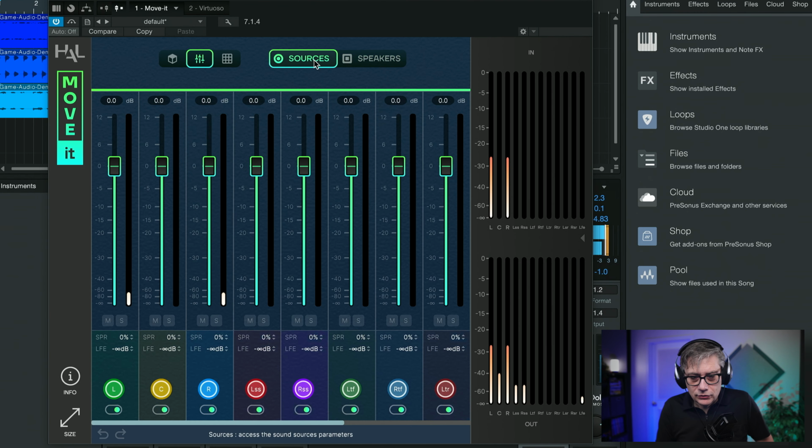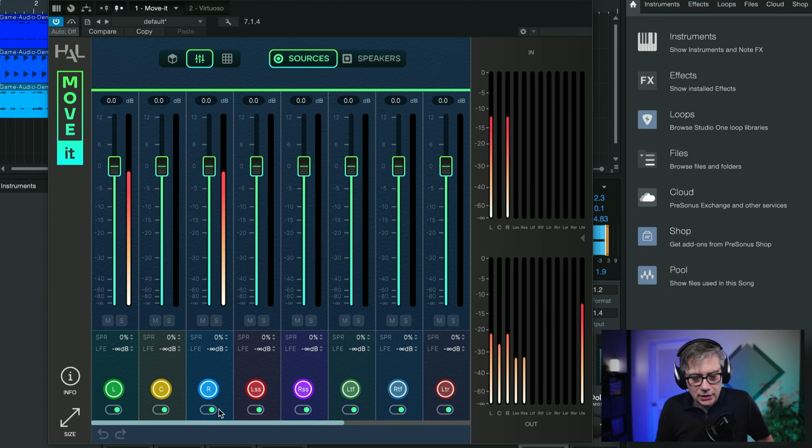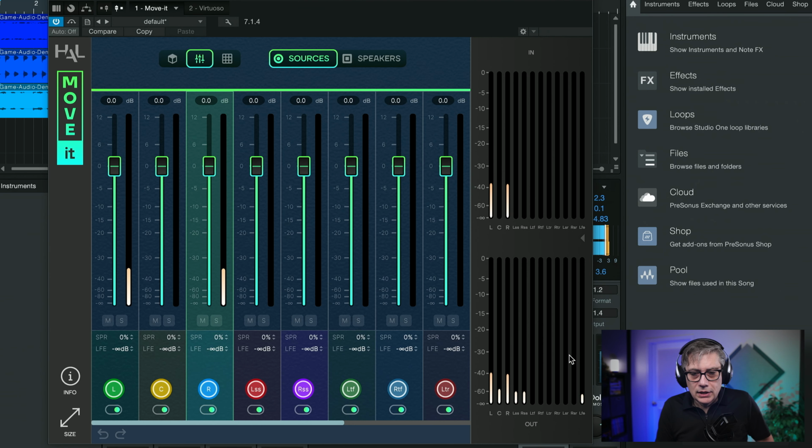You have the same thing here on the sources as well. So I can change the name and I can disable the source. So that's actually everything there is, and everything else is fairly self-explanatory. So once again, very nice feature, something that I think can be really useful depending on your particular workflow.